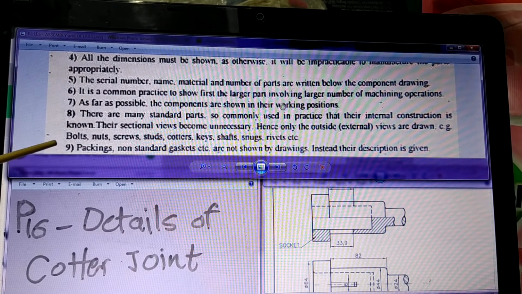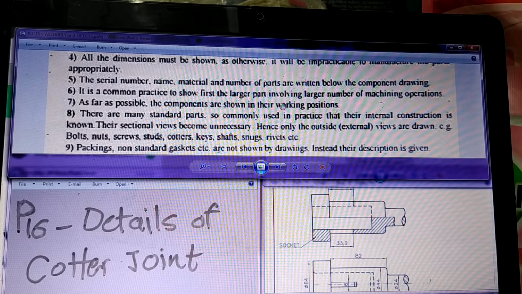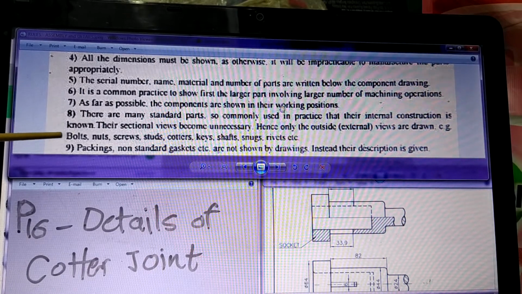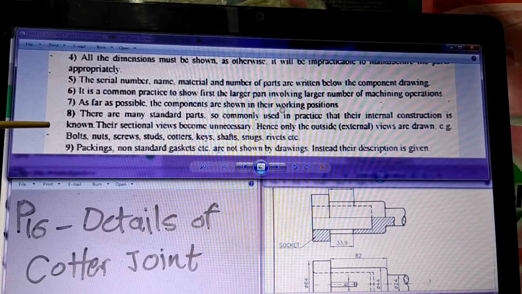So when you want to have a bolt in your assembly, you are not preparing a detailed drawing of a bolt. You are not asking somebody to refer to the drawing of a bolt and make that bolt, because there are already people who are making bolts as standard parts. All you have to do is purchase those bolts from the market as a bought out item. In such a case, you only have to mention the name of the part, which is a bolt, and then maybe its number, the material, the quantity and the specifications of the bolt.